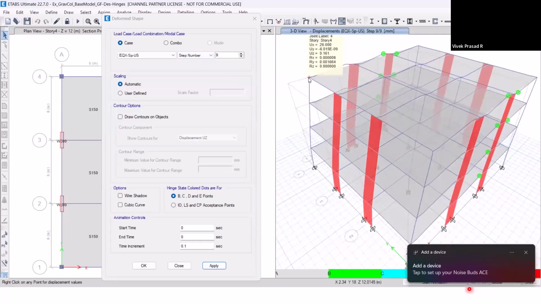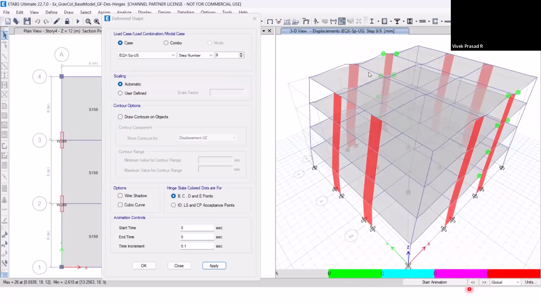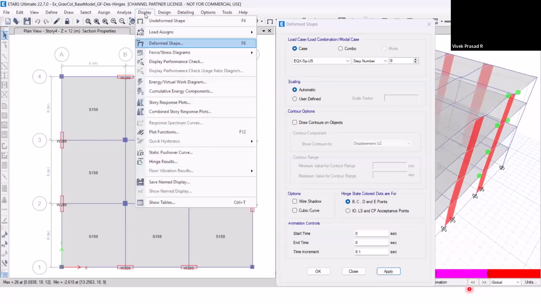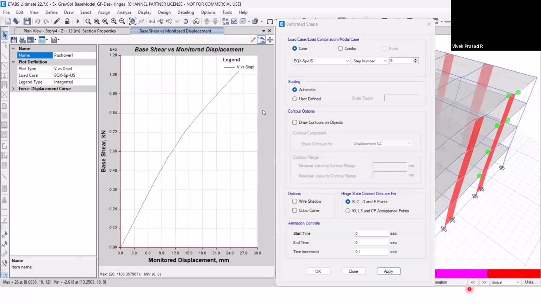This is for the DB. And this can be found in the static pushover curve result. The plot is readily available. So you can see it from here, and you can see the change of slope in the pushover curve. That means some of the members are yielding, just about yield, just started yielding, you can say,